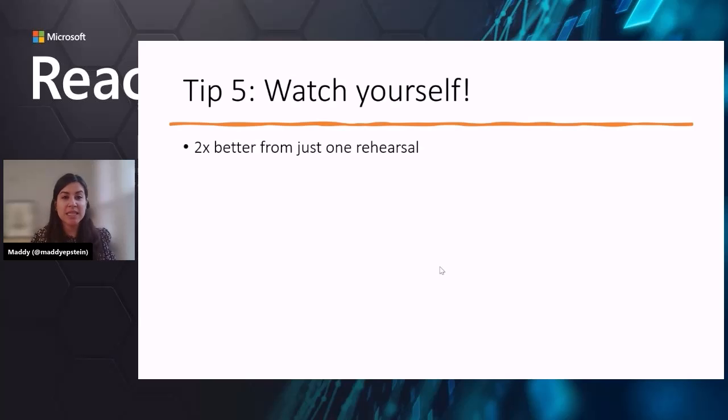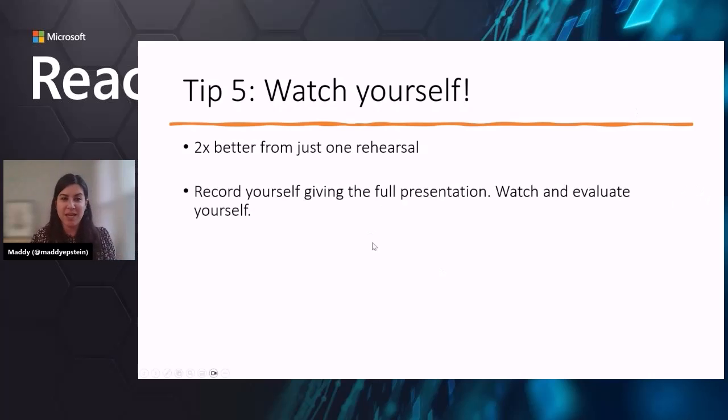And we have found that this is the biggest thing you can do to increase how fantastic your story or speech will be. It'll also calm your nerves a lot. Just recording yourself one time through your speech will make you twice as good. So a 50% increase here is doing this one time. And then if you really want to increase how good your story or presentation or public speaking is, record yourself giving the full talk and watch yourself.